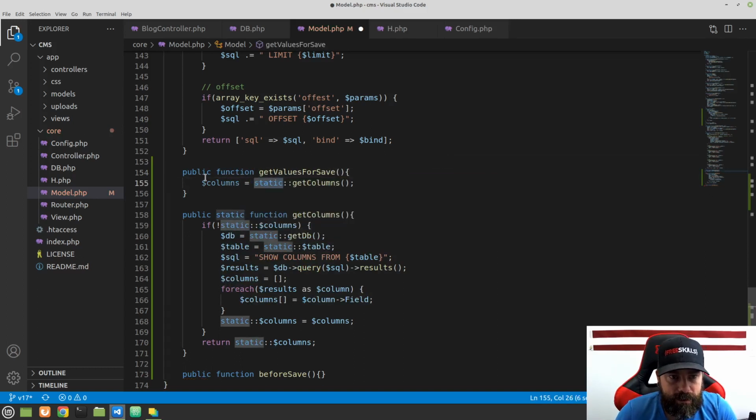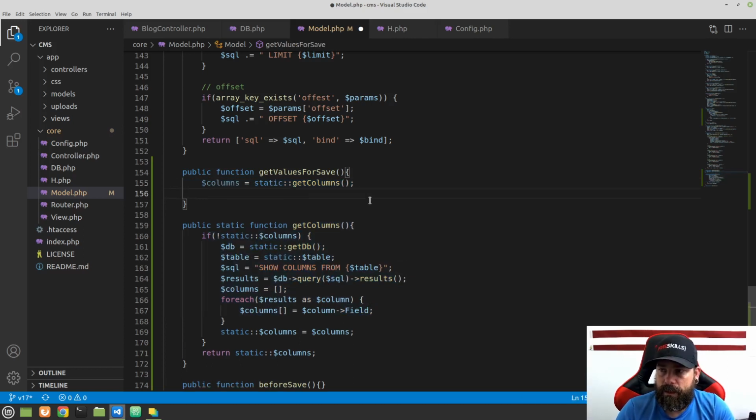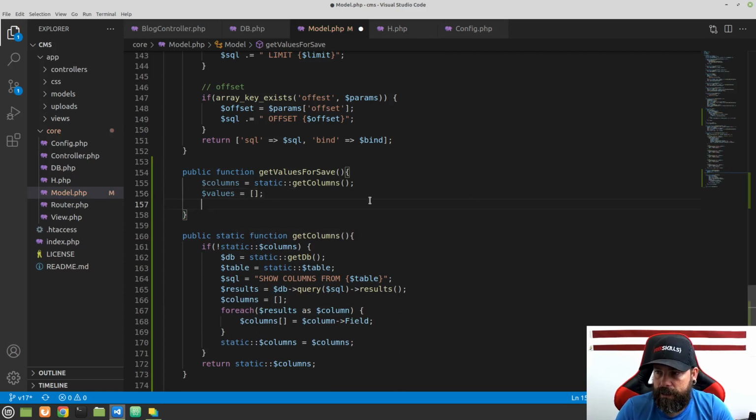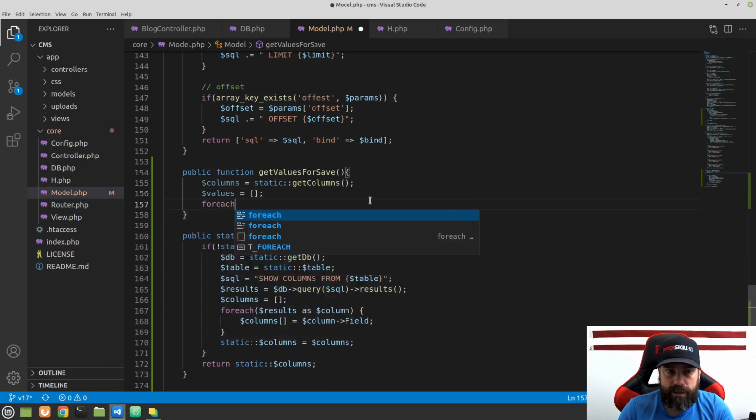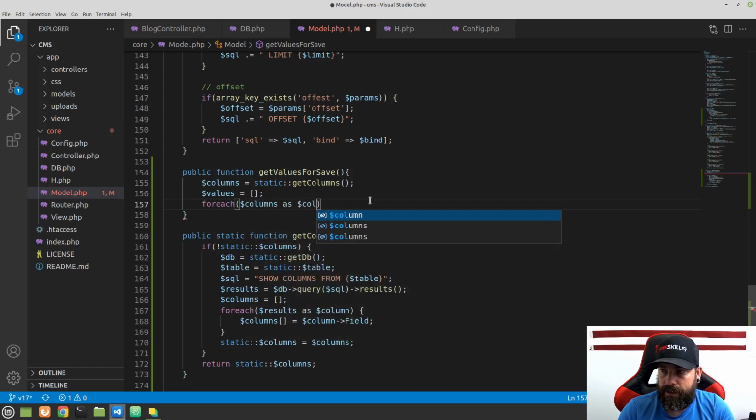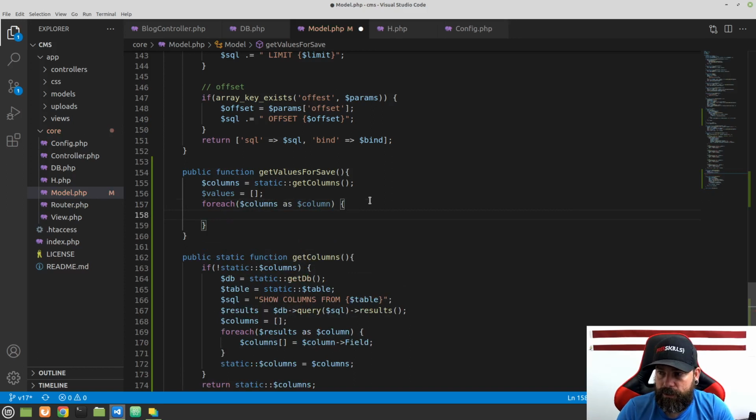So now we need our columns. We got our columns from this method here, and then let's go ahead and do our values and set that as an array here. And then we're just going to do a foreach columns as column like that. And then we are going to